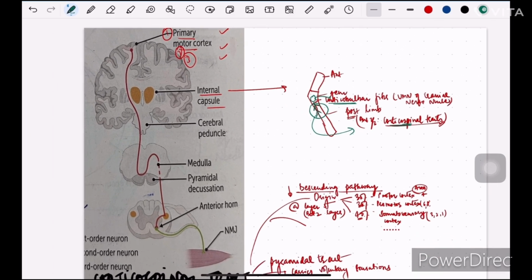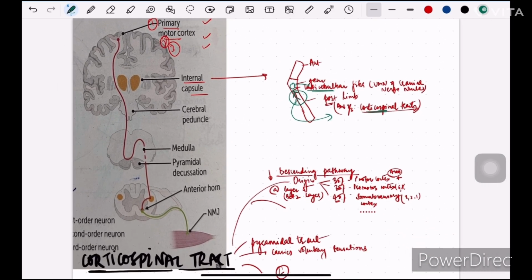So passing through the internal capsule and crossing the cerebral peduncle, it comes down at the level of the medulla,